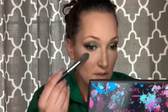I'm only gonna use a tiny bit down here just to get a little bit of that white look away. Because in person it looks white on me. In camera, you can just see how it's a little more cut out in shape. But in person it looks like white powder. So I add that,